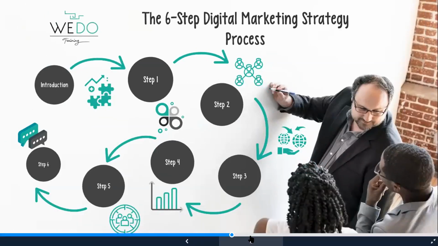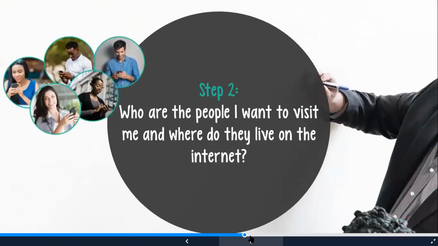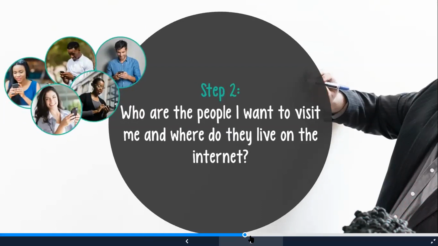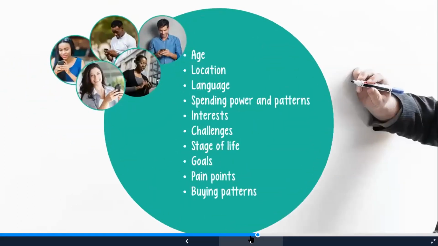Once we've established what our address on the World Wide Web should be, we can move on to step 2. And who are the people you want to visit and where do they live on the internet? In marketing, we look at a concept that we call a buyer persona or a customer persona. And we create those buyer personas or customer personas based on a number of criteria.